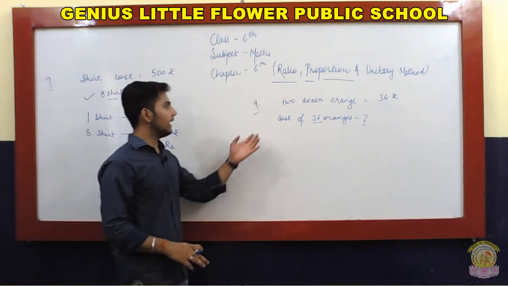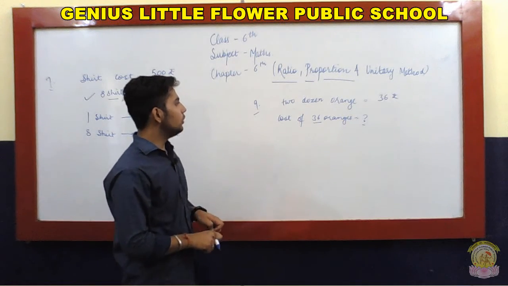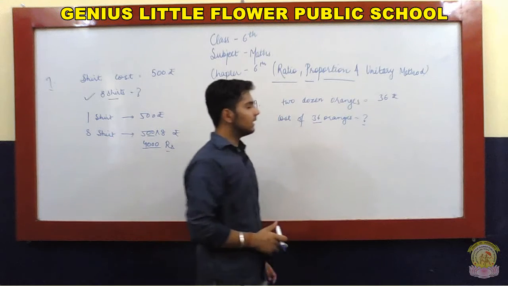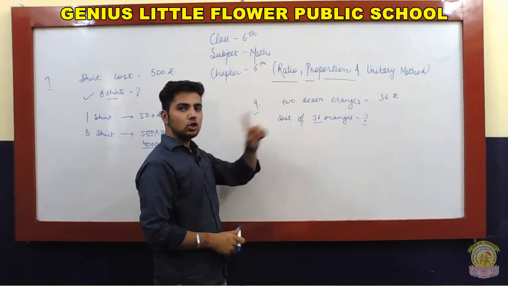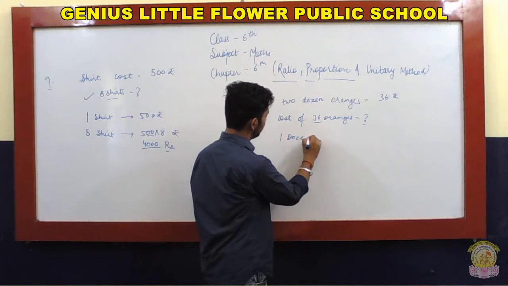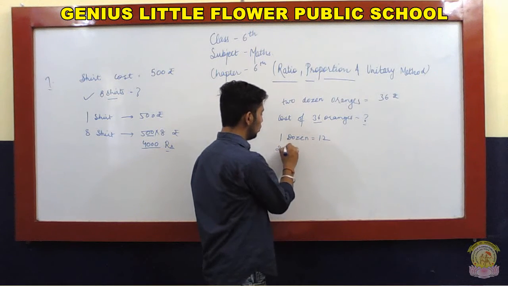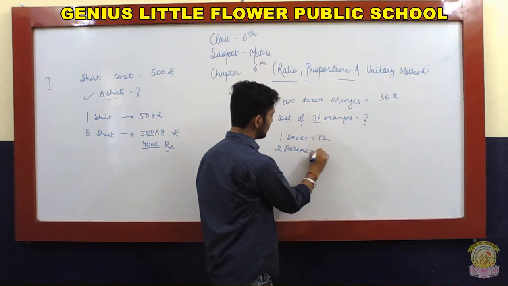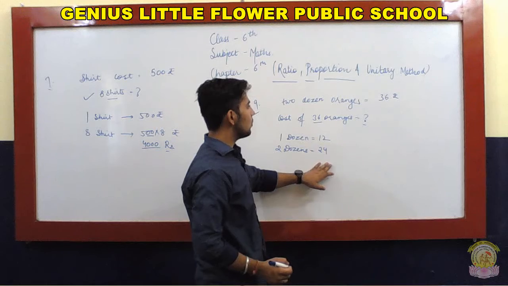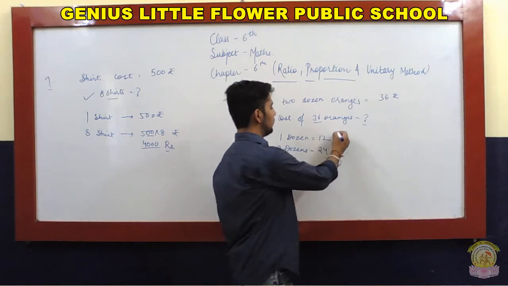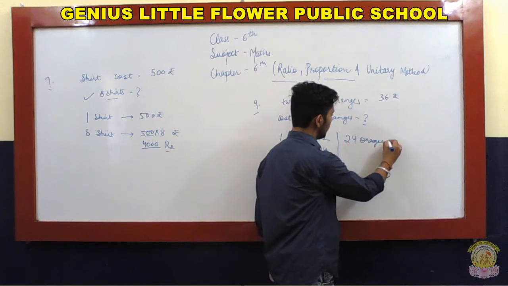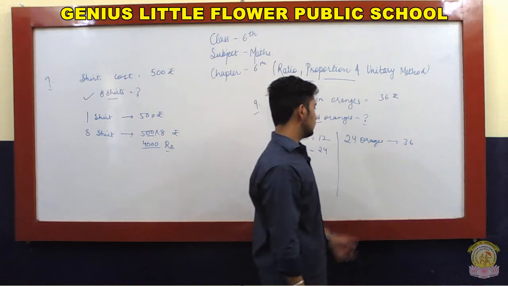Okay, so now moving to the next question, which is question number 9. Here you are given 2 dozen oranges cost rupees 36. So as we know, 1 dozen consists of 12 oranges, right? 1 dozen equals 12, so 2 dozens equals 24. 24 ही होंगे ना यहाँ पे. So 24 ऑरेंजेस की कॉस्ट जो है वो है 36 रुपीज. सो यहाँ पे कैलकुलेट करेंगे 24 ऑरेंजेस की रुपीज 36.